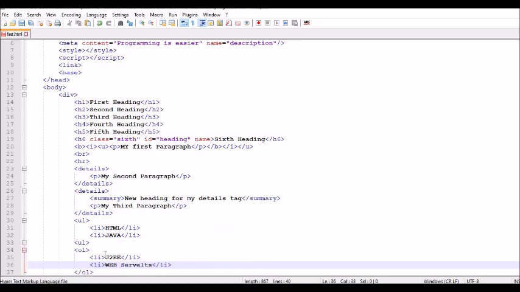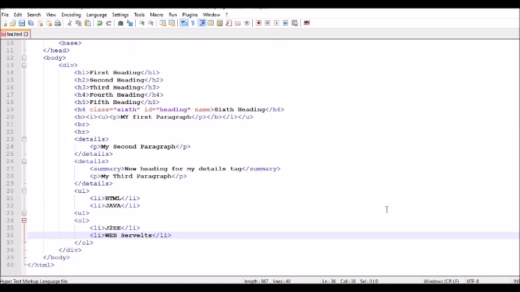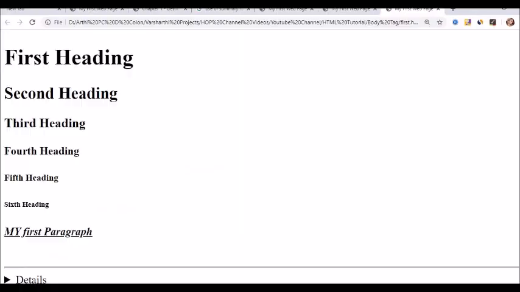I have added these two items in an unordered list. Just have a look at in our output.